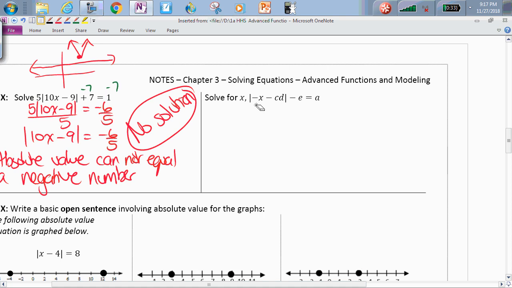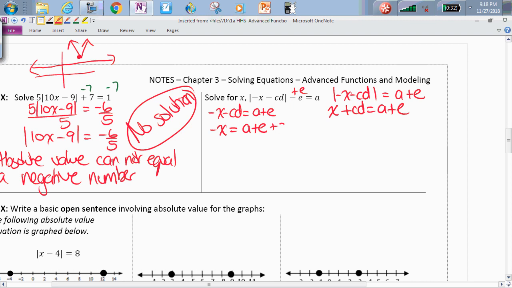And just for fun, we're throwing in one of these crazy ones with letters. And it's going to be solved or set up the same way. So we're going to move over this negative e first. We're going to add e to both sides. And we're going to have our positive case, so negative x minus cd equals a plus e, just as is. And then our negative case, which is going to just change all the signs, it's going to be x plus cd equals a plus e. And we're just going to solve for